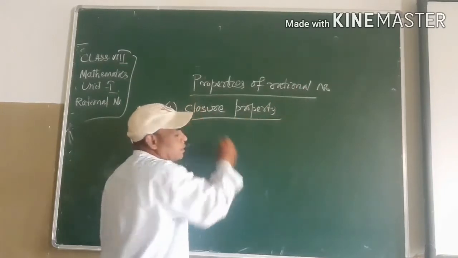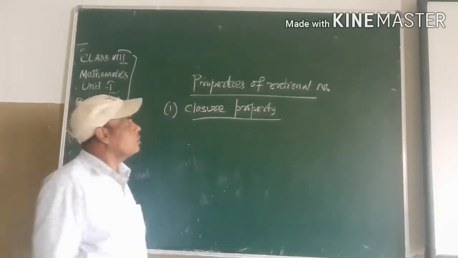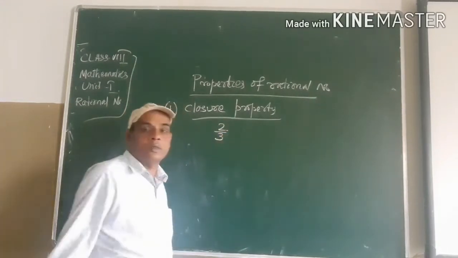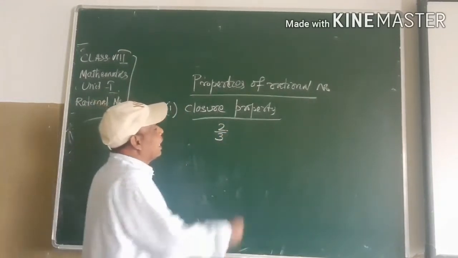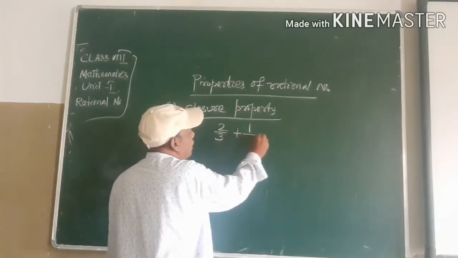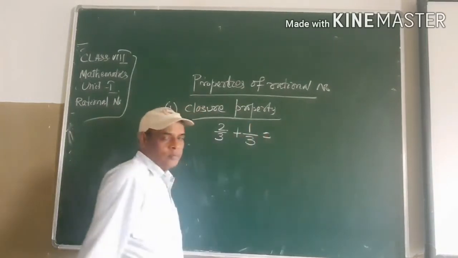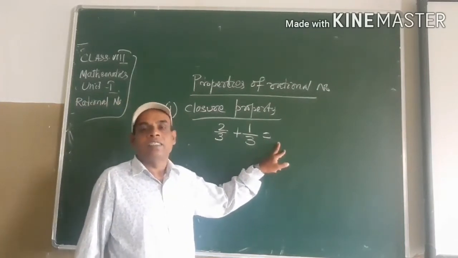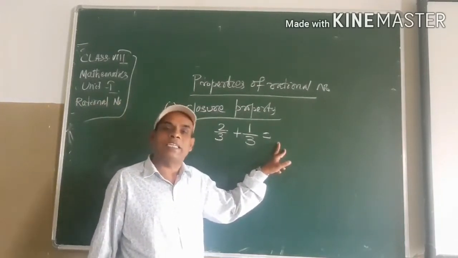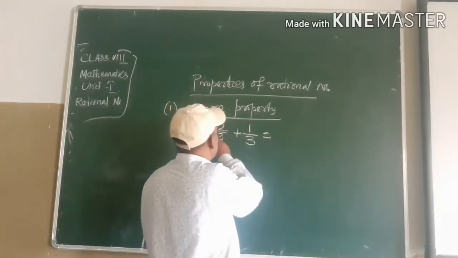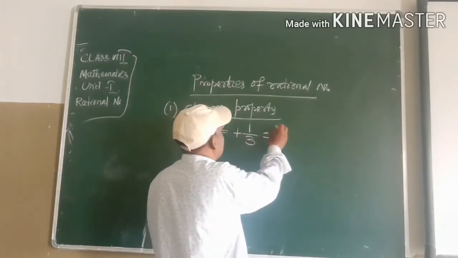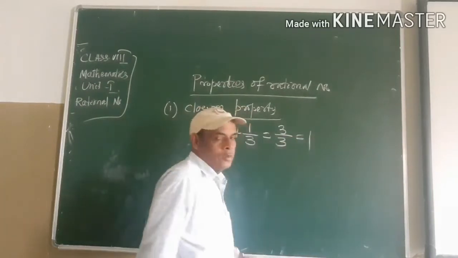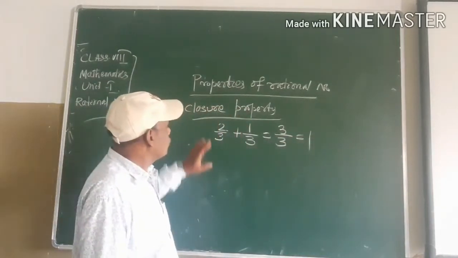What it means? It means whenever a rational number is added to another rational number, then whatever the result we will get, that is also a rational number. So you see here 2 by 3 plus 1 by 3, we are getting 3 by 3, otherwise 1. So we have to remember,